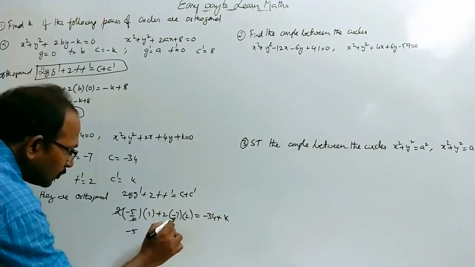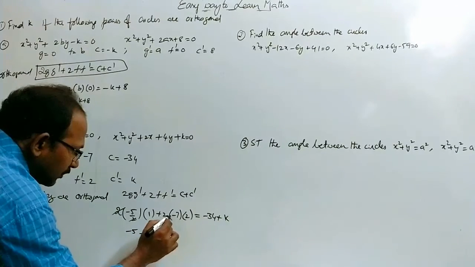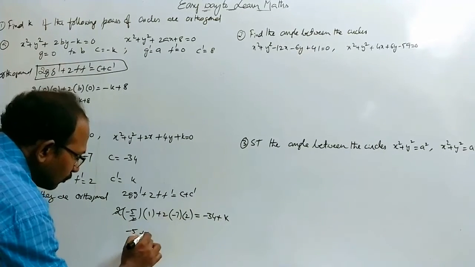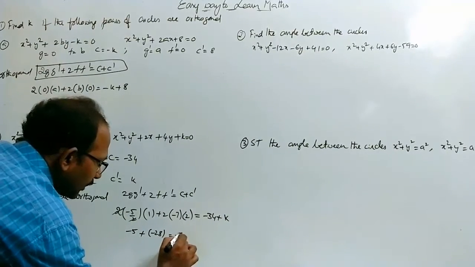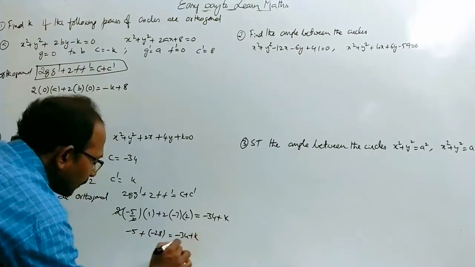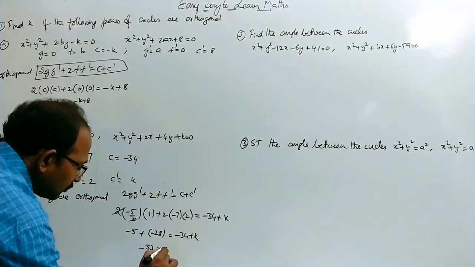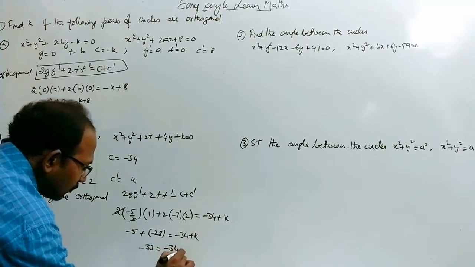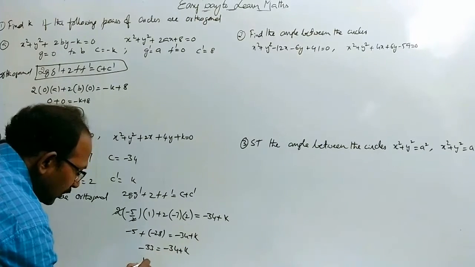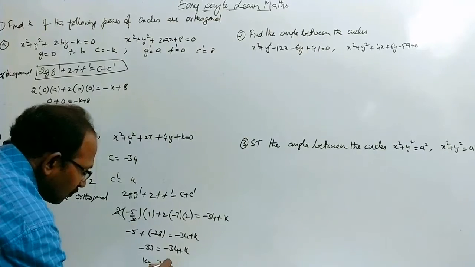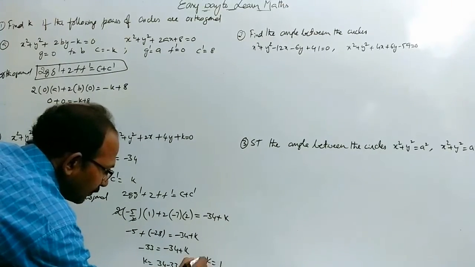Minus 5 plus 7 2s are 14, into 2, minus 28 is equal to minus 34 plus K. Here minus 28 minus 5, minus 33 is equal to minus 34 plus K. Shifting this one to LHS, therefore K is equal to 34 minus 33, that implies K is equal to 1